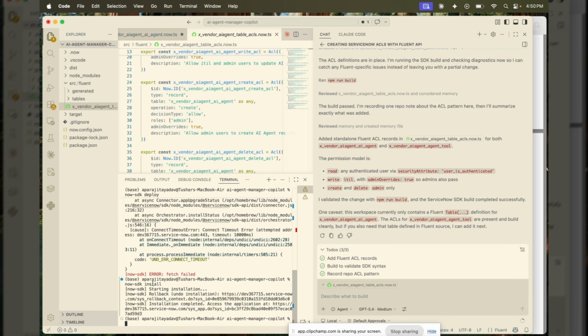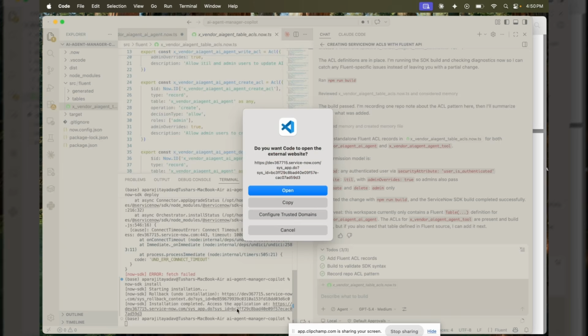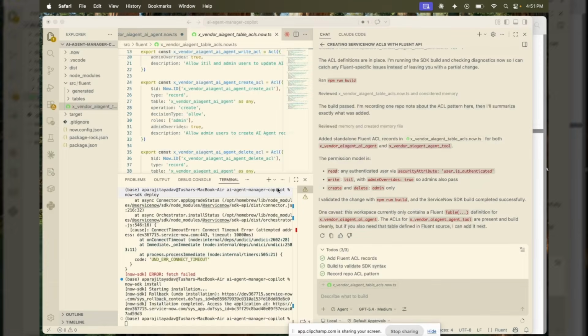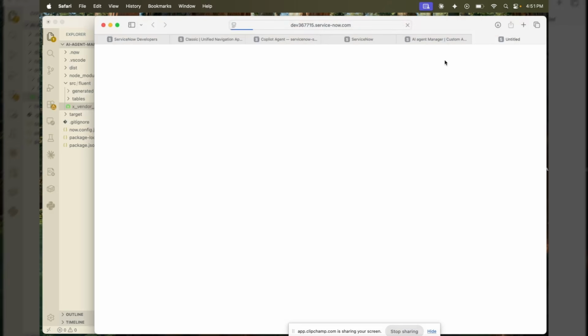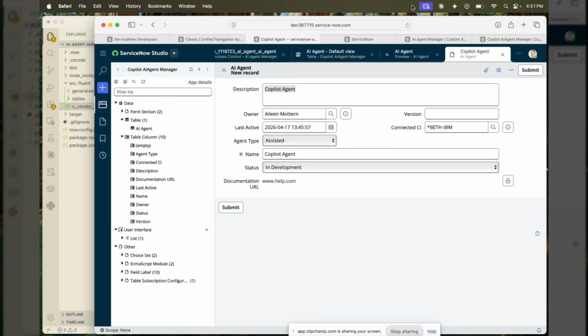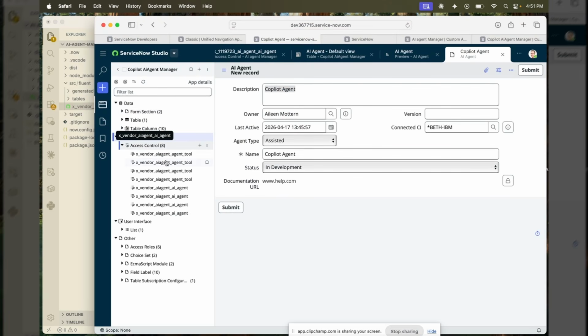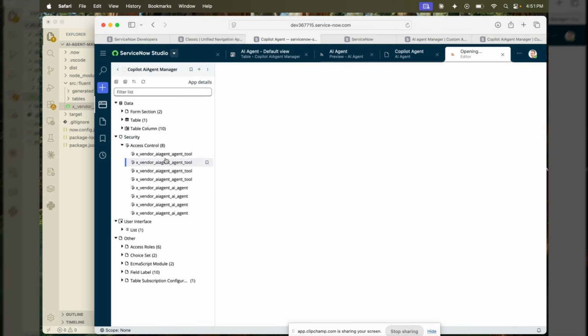So now stick installed work. Maybe there was some token issue, maybe because of that. So let's open it. Okay, I will go ahead and check. Let me refresh it. Copilot AI agent access controls. Okay, it has created 8 access controls